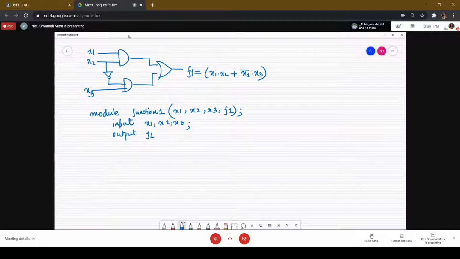But now Verilog tries to understand in the form of these two keywords, input and output, to specify, as a user, which are the input ports. That is, there are three input ports in this function, X1, X2, and X3, and there is one output port, which is F1.